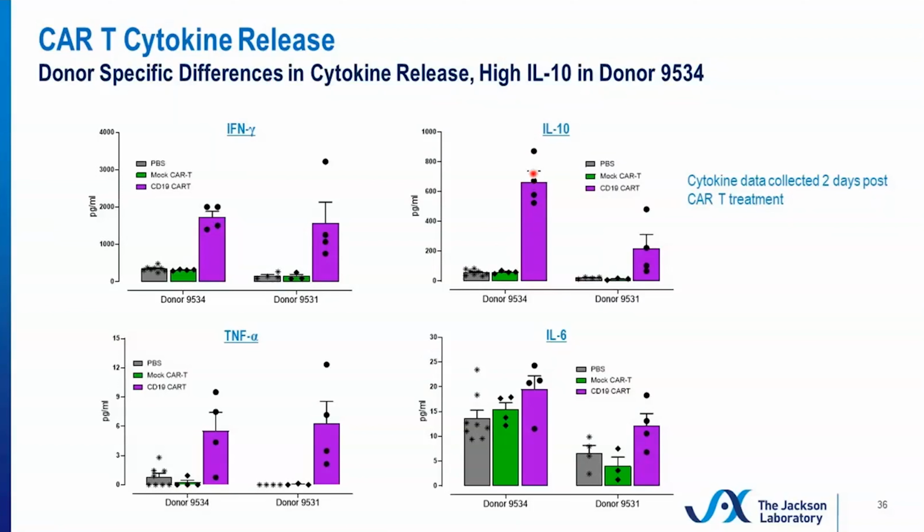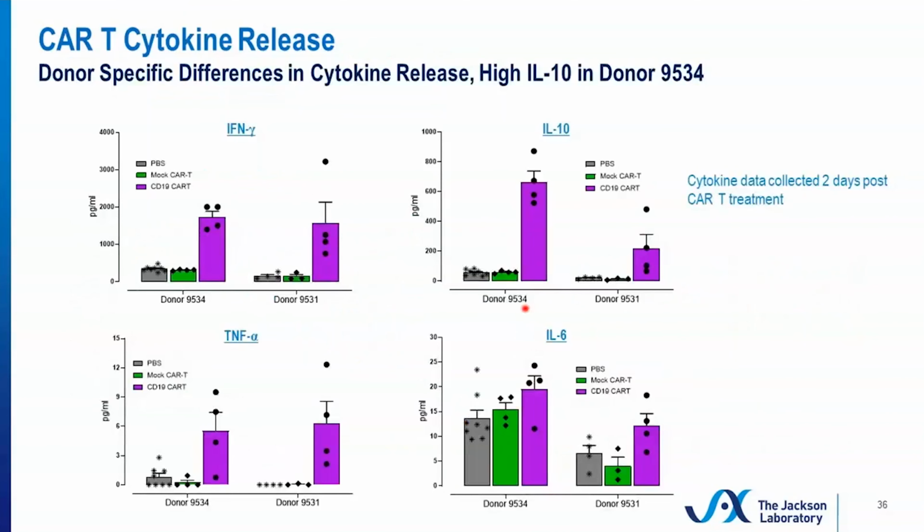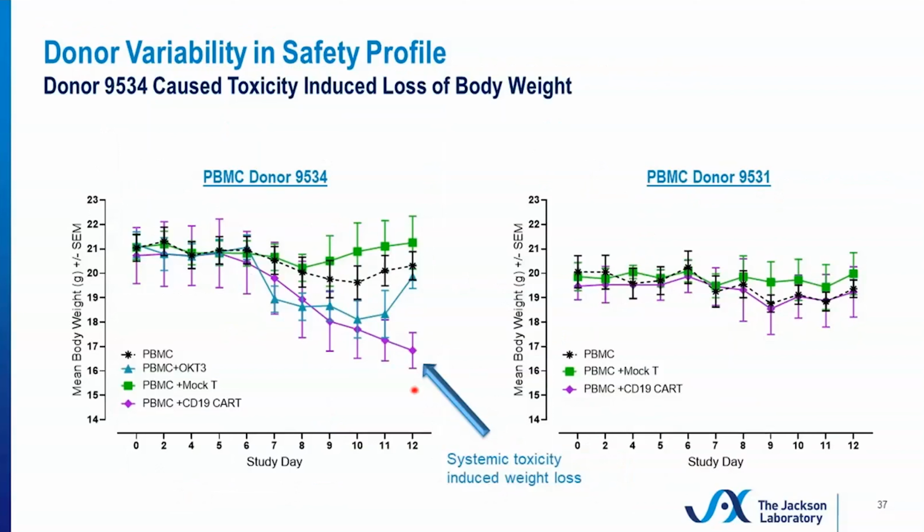But what's interesting here is that between these 2 different donors, the 9534 and the 9531, there is a very big difference in the amount of IL-10 secretion. And you can tie that back to things like body weight change as an indicator of a global or in vivo or tissue cytokine release mediated cytotoxicity. These mice that received this particular donor, the 9534 with the high IL-10 expressor, showed loss of body weight,